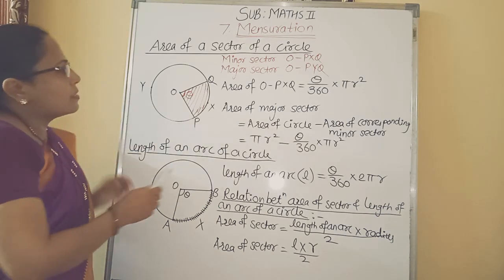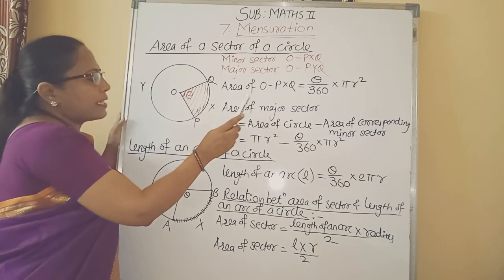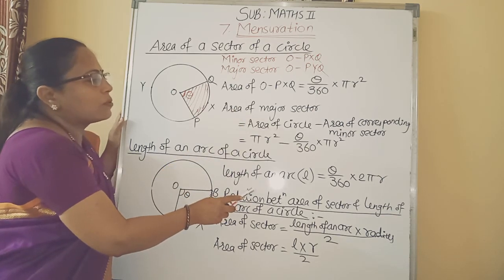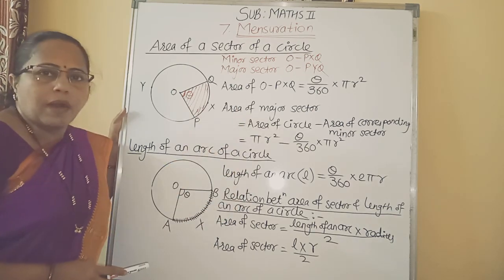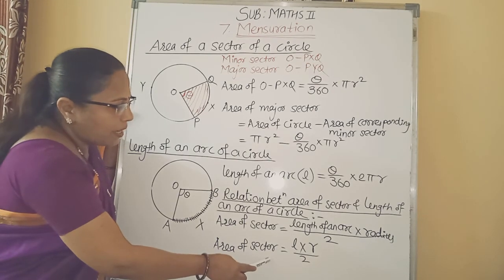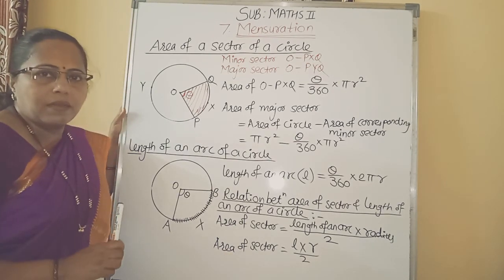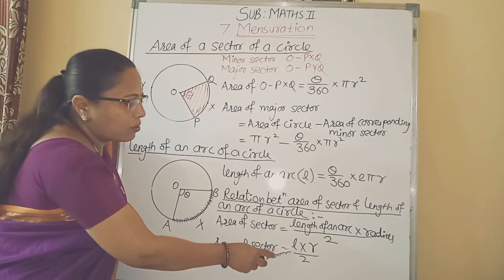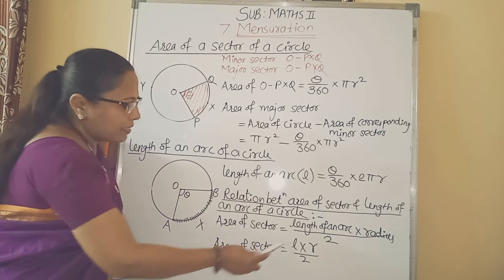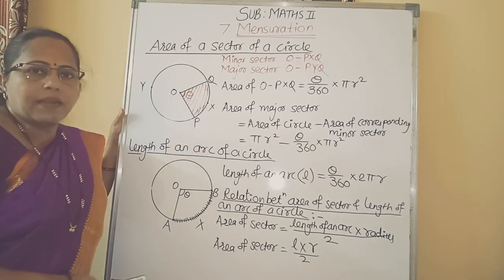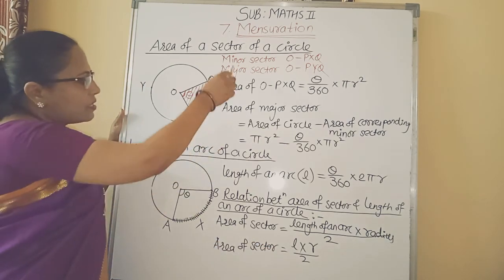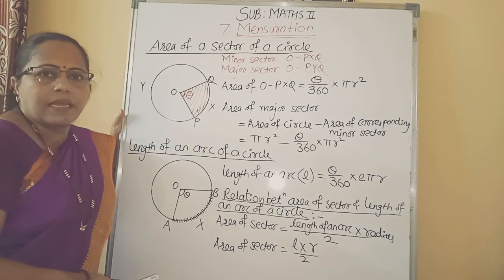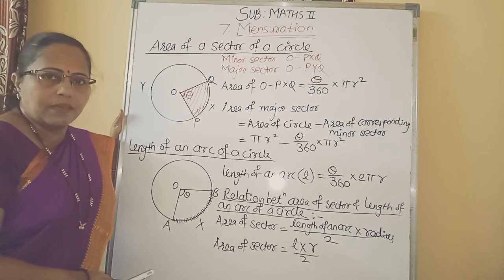Followed? So students, to find out area of sector or a length of an arc, questions related to these two formulae may comes for 2 marks. And for this formula, question carries 1 mark. So here maybe area of sector is given and you have to calculate length of arc, or length of arc is given and you have to find out area of sector. Followed? So these 3 formulae we have to use to solve next practice set 7.3. Followed?